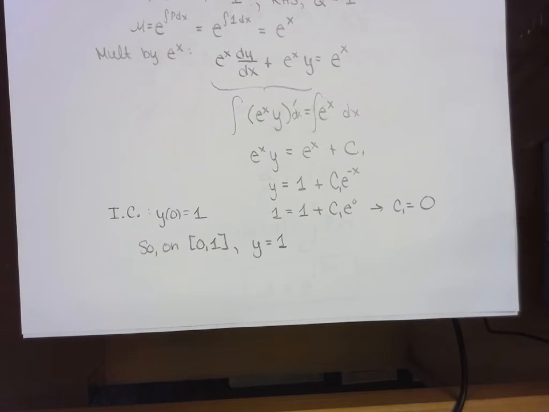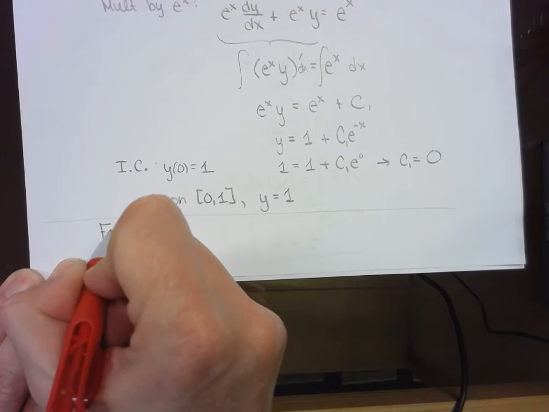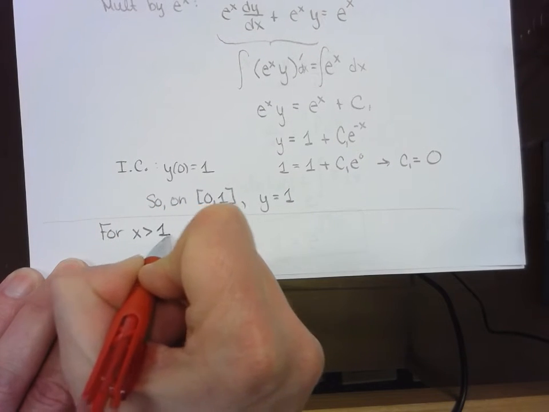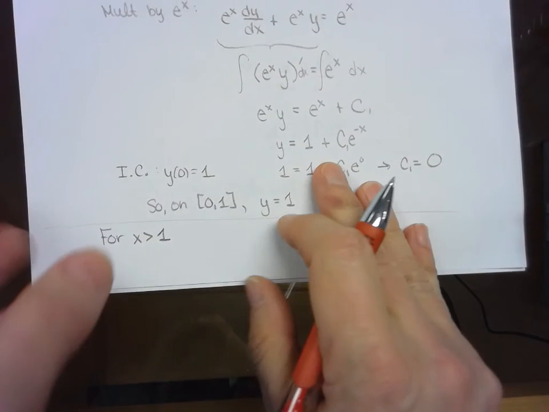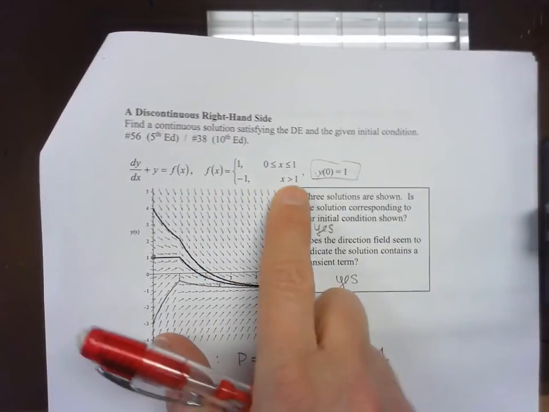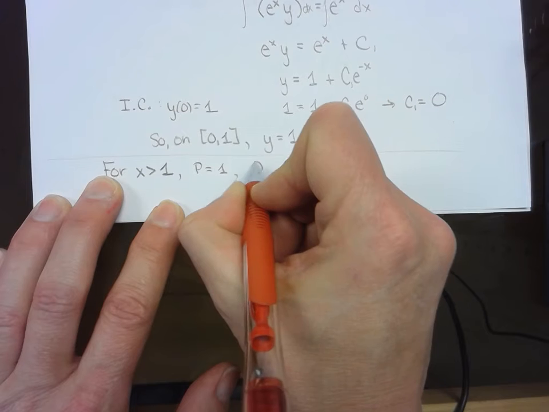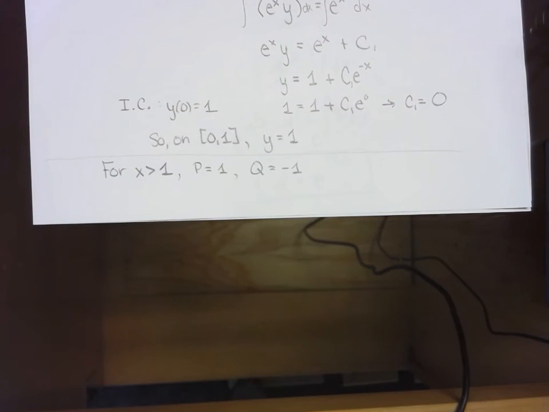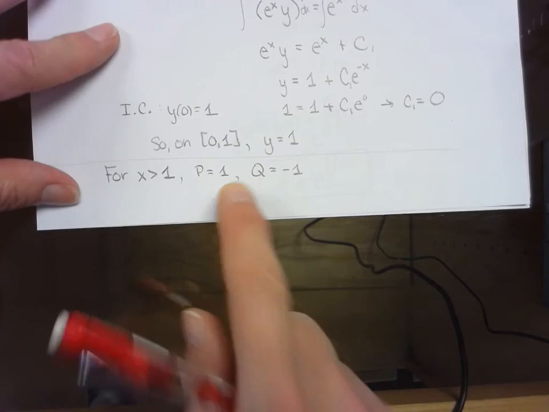Okay, now we're going to do the same thing for x greater than 1. The p is still 1, but now the right-hand side is negative 1. So f of x for x greater than 1 is negative 1. So for x greater than 1, we still have p equals 1, but q equals negative 1. So our integrating factor is the same because our p is the same. So our differential equation